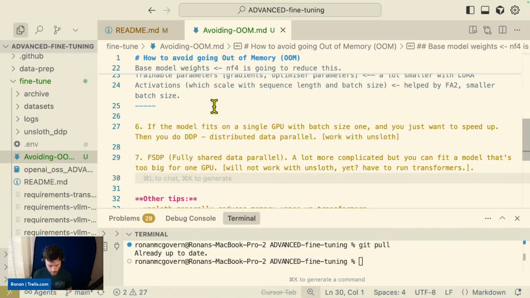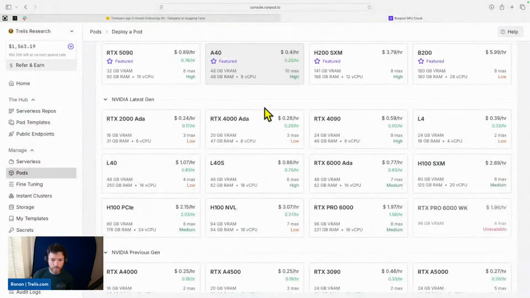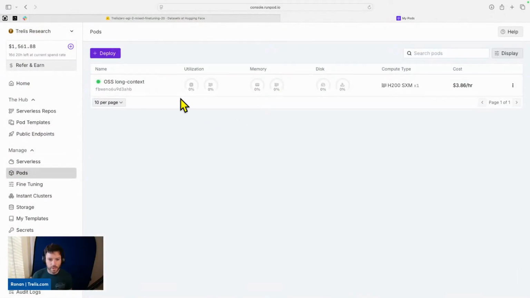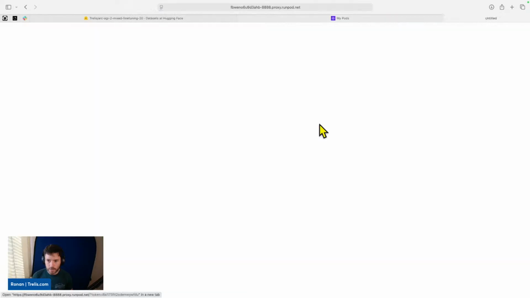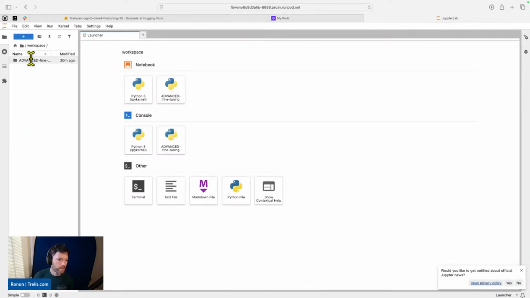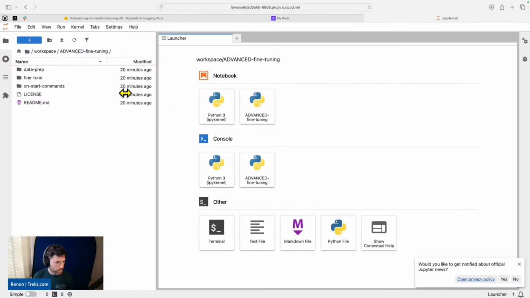So we're going to now train OSS on some long sequences, and hopefully my pod is started up. So the pod looks ready to use. I'll go into Jupyter Lab, and my repo should have cloned. So if I open up here,